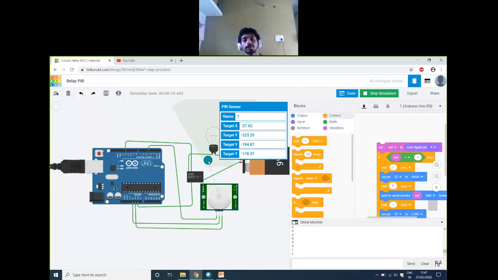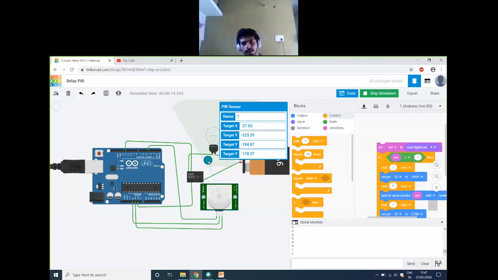Like if you are in a certain location, using the phone's GPS, you can switch on the light, and after you reach home, the light will automatically be on. Like if you want to switch on a geyser, whenever you are near some area, around 5 kilometers away from your home, you can set the GPS in such a way that once you enter that area, the whole setup will switch on your geyser, or the coffee filter may be switched on.